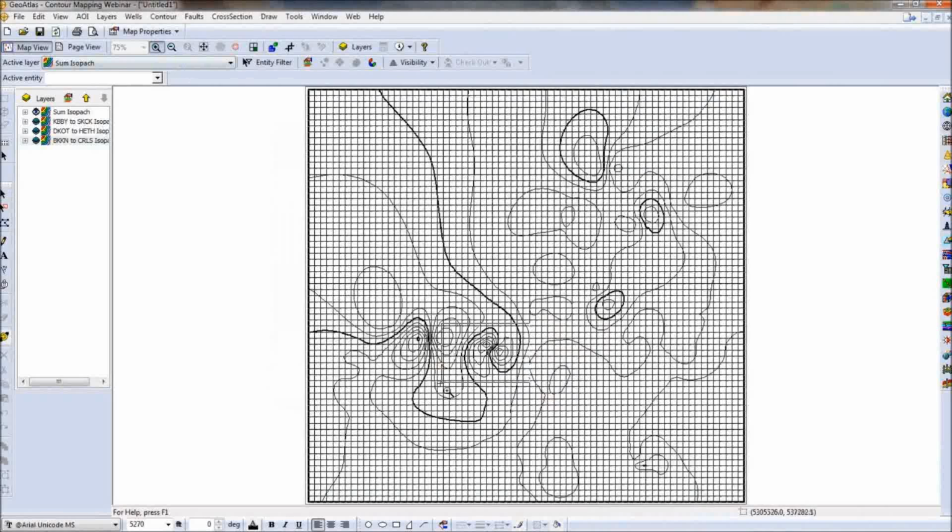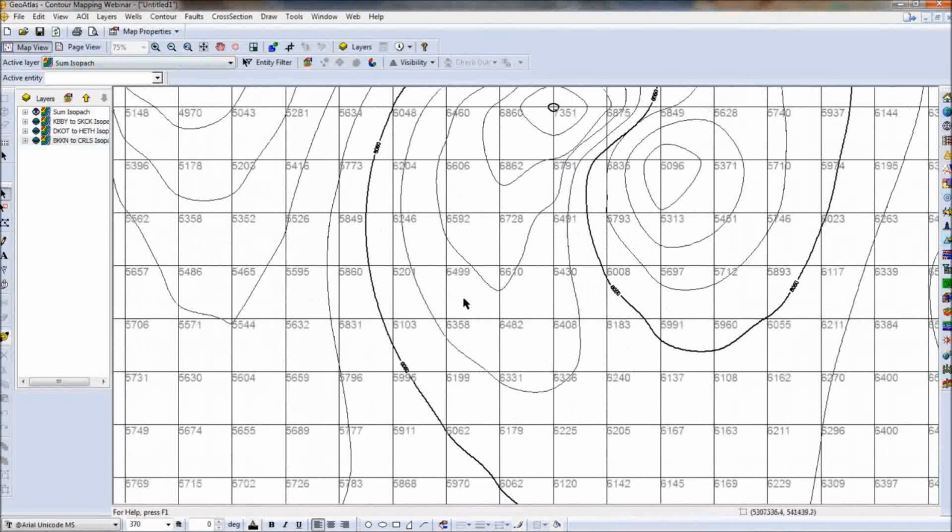If we zoom in here, we can look at the grid values. This is going to be your grid mesh. The grid mesh is used to build the contour layers: wherever a contour line crosses a grid, it draws a node. We can view those nodes if we turn on our nodes over here and click on a contour line. You can see everywhere that the contour crosses, it draws a node. And to fine-tune some of these areas, you can see it's a little